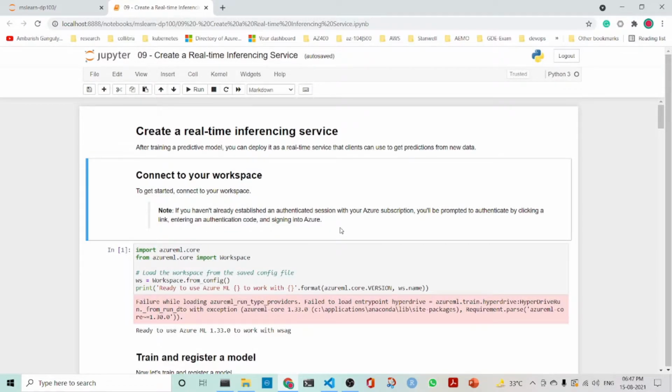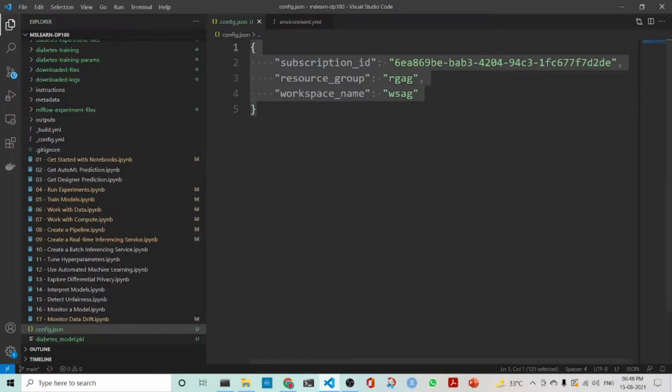We will be creating a real-time inferencing service. After training a predictive model, we can deploy it as a real-time service that clients can use to get predictions from new data. We have already created a workspace, a machine learning workspace with the subscription ID as this,